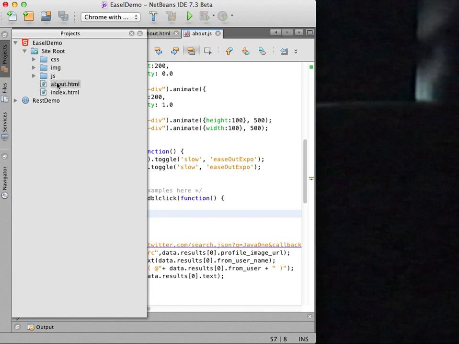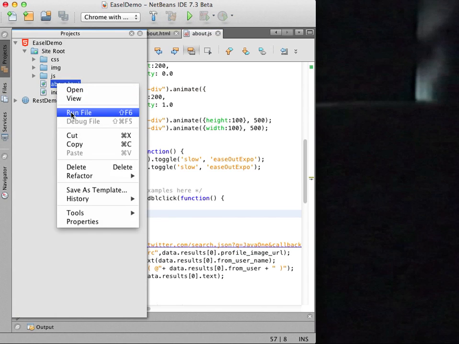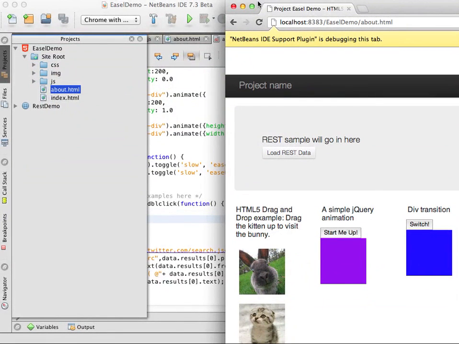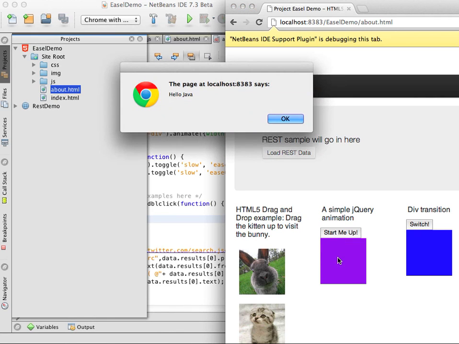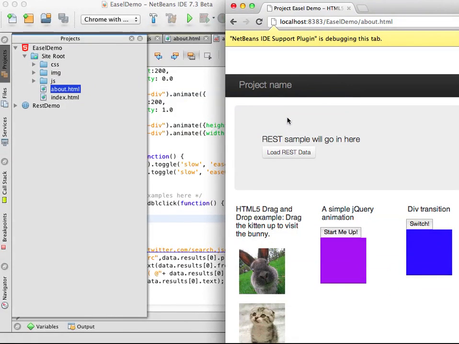I now right-click the About HTML file in the Projects window and choose Run File in the pop-up menu. The browser opens to the About page, and now when I double-click the box, the browser opens an alert box with my message. So far, I have used the editor to modify some JavaScript animations and CSS styling rules that